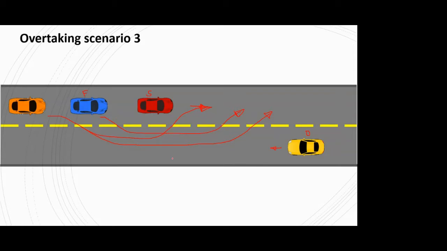I am not saying that every time during overtaking only four vehicles are there. There might be even a long queue behind this oncoming vehicle as well. But for scenario purposes, this can be the maximum number of vehicles. So I hope all the three scenarios are clear. Overtaking scenario one, in which you had two vehicles, both in the same direction, one slow, one fast. The second scenario, in which you had three vehicles, two in a similar direction and the other in the opposite or oncoming direction. And in the third scenario, you have a four vehicle system in which three vehicles are in the same direction and the fourth one is coming from the opposite direction.